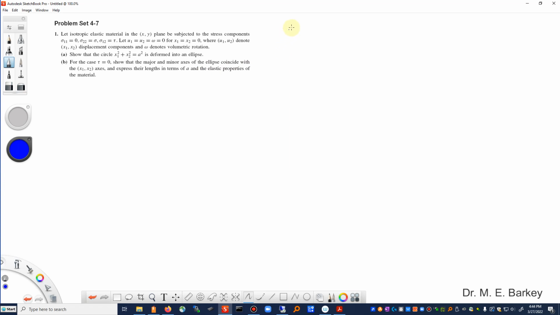let's start here talking about what we have. So we have a stress tensor that looks like this. And in the plane, they're talking about the x1 and x2 directions. I'm probably going to switch this over to the x and the y directions. Right? And